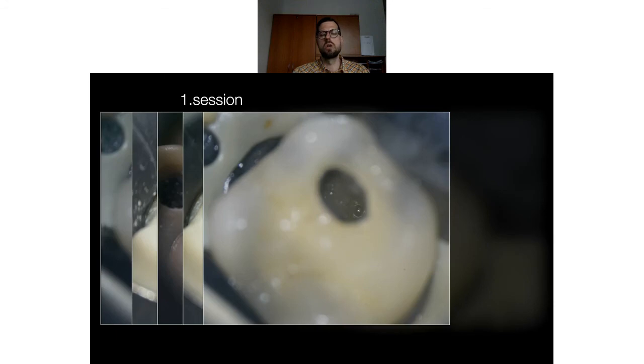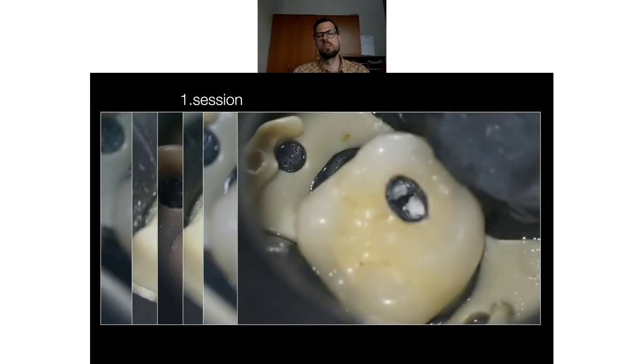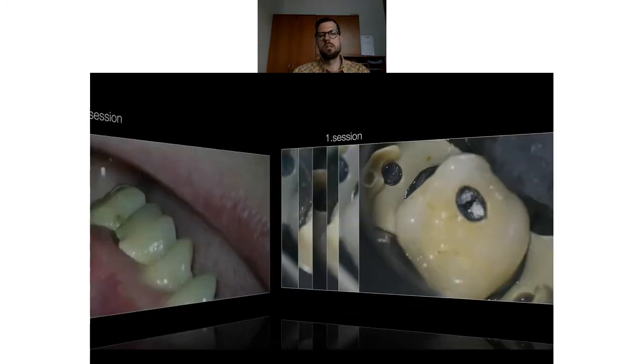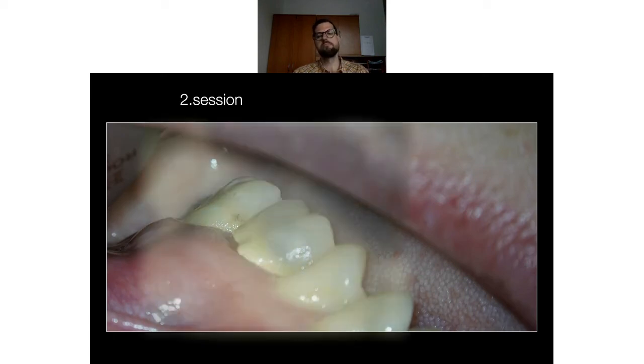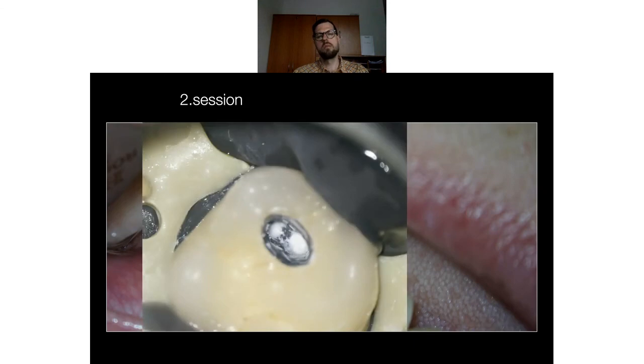Now you just put your calcium hydroxide dressing inside, and next time when the patient is coming, the pus discharge has gone, so you find the reason, and you can be 100% sure that if you do it properly, the patient will have no problems in the future. So next time when the patient is coming on the second session, you just check, no pus is coming out, the dressing is nice,